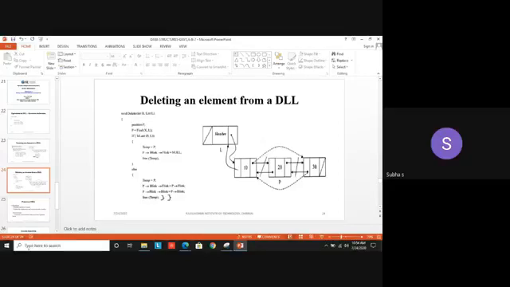Look at that third statement in your else part. P arrow B link. What is your P arrow B link pointing to? 30. That should be assigned to whom? P arrow F link, B link. P arrow F link is 20. Its B link is what? Again 10. You can't put it directly P arrow B link. Okay. So only that statement is given. P arrow F link arrow B link. P arrow F link means 20 B link. That B link again pointing to whom? 10. So now your 30 B link will point to whom? 10 F link.